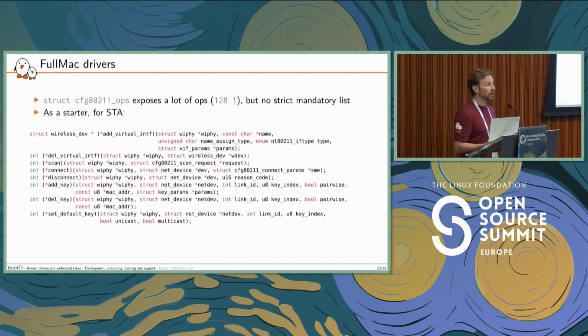I will have to implement some scan features. So that's how user space will ask to learn about all the surrounding access points. Some connect-disconnect procedures, with which I will receive information about which access point I want to connect to, and some more specific key management operations that will be used, for example, by a user space supplicant. More on that in a few slides.